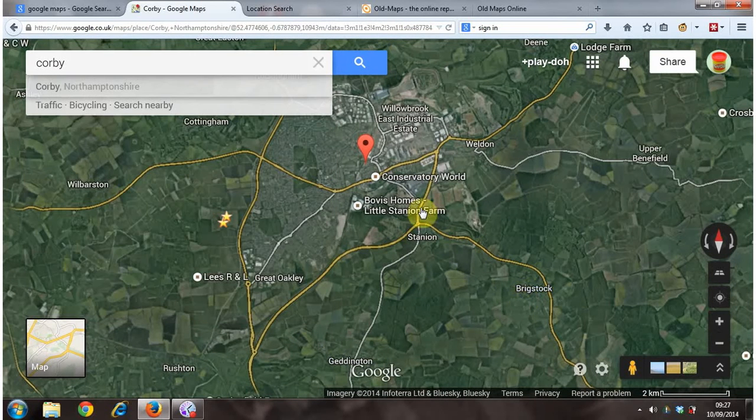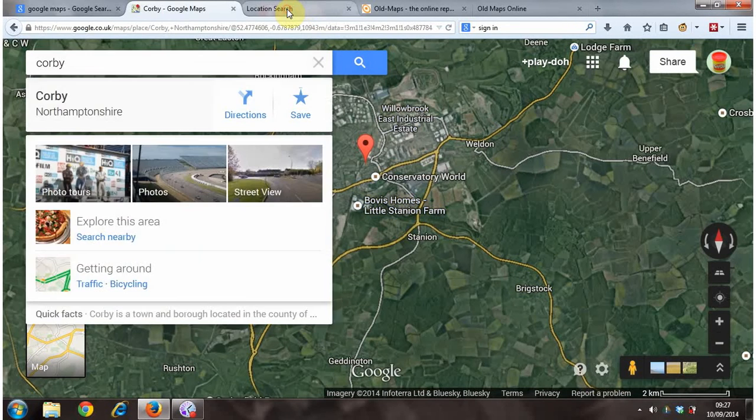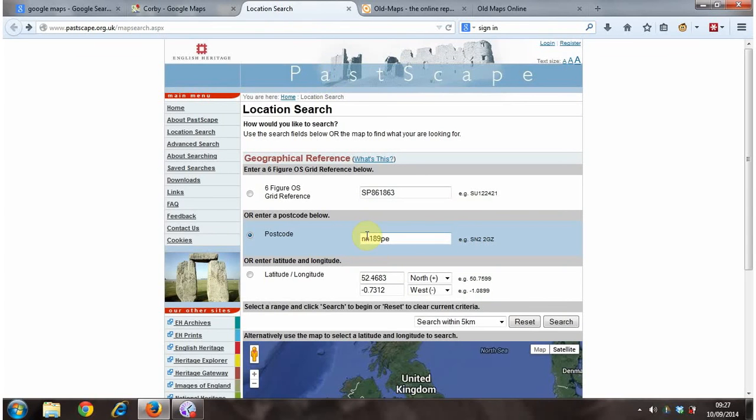So what you can do is go on location search, type in your postcode. There's mine there. This site's called Pastscape, and you go on that, type in your postcode. You've got a drop down bar here. I'm going to search 5 kilometers. Then you hit search,